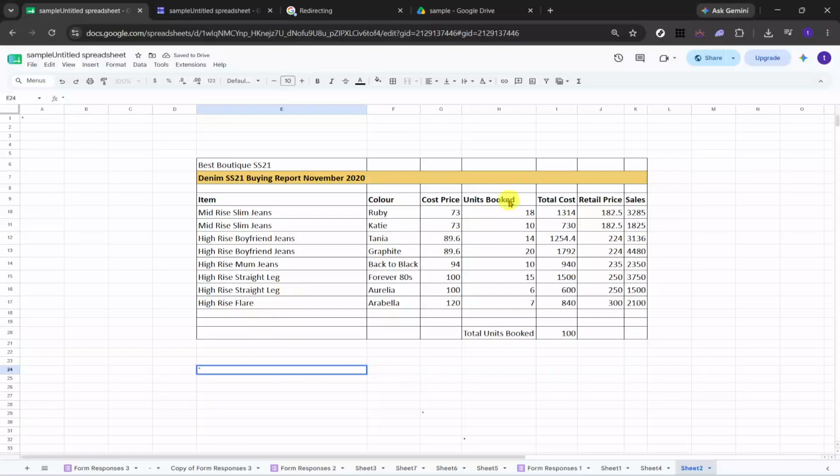Hello, today we will guide you through how to copy and paste in Google Sheets. In this quick tutorial, we'll walk through the basic process of copying and pasting data inside a Google Sheets spreadsheet. This is one of the most useful shortcuts to learn, especially if you want to move information quickly without retyping